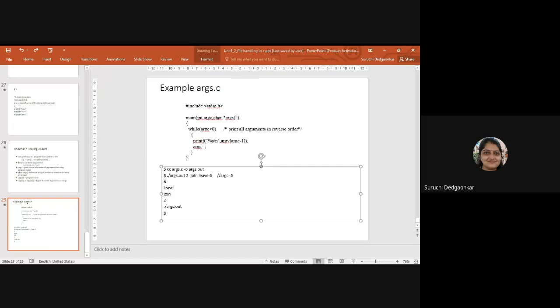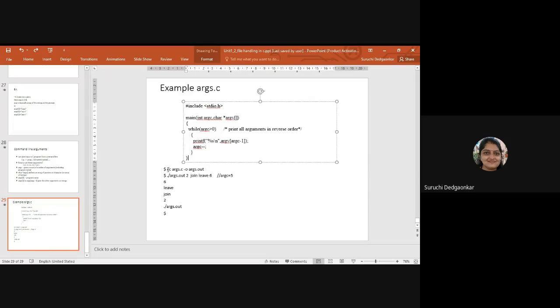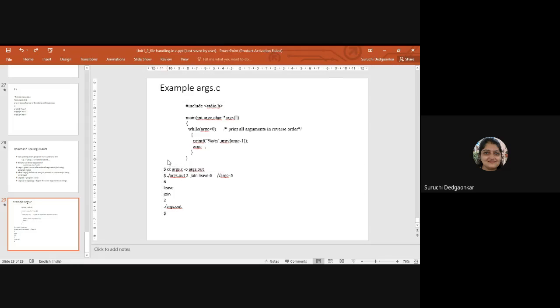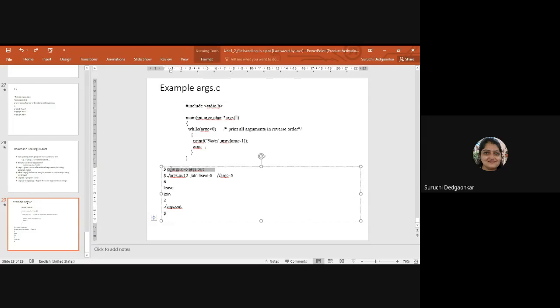So which element will be displayed first? If I executed the program like this, so like this we compile in the Linux, no? GCC args.c. Okay, and I'm giving my own name to the output file. Okay, generally what happens is we execute ./a.out. By default the output goes to a.out.